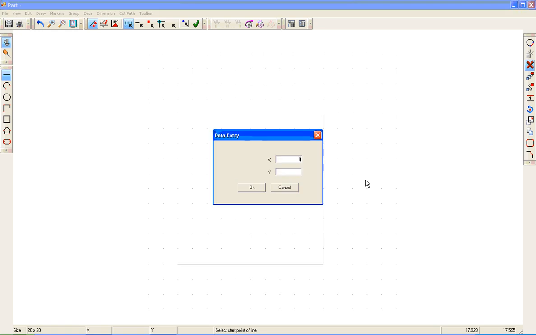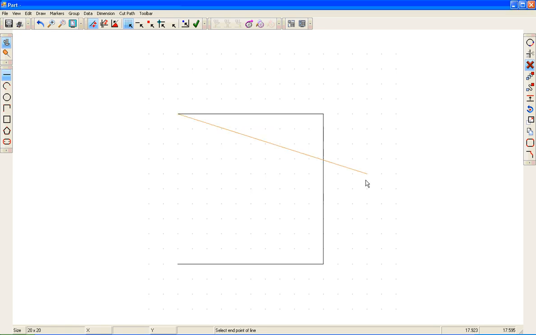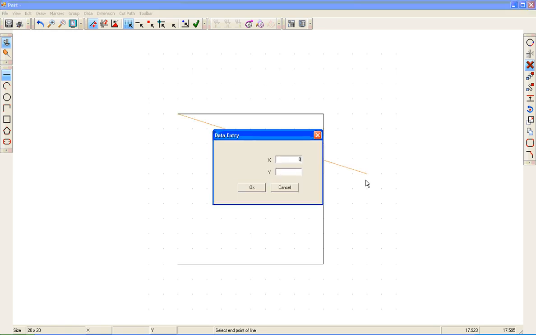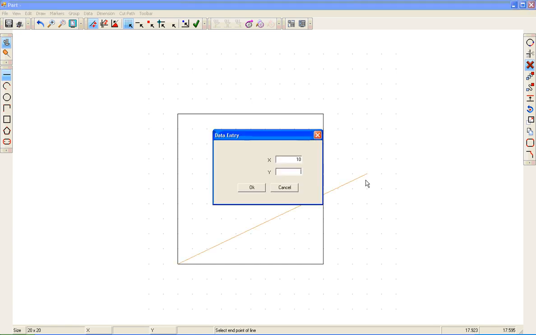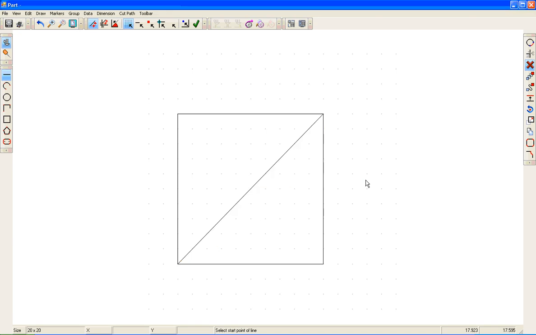Oh, went a little too quick for me. And to go down, I want to go 0 on my x and negative 10 on my y. If I want to go diagonal, let's give it our start point. I want to go 10 inches on my x and 10 inches on my y. Okay, so again,